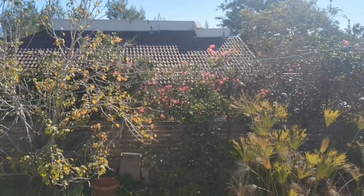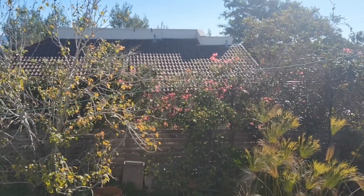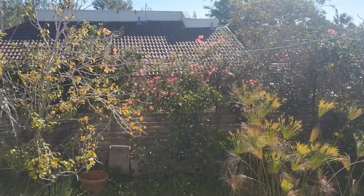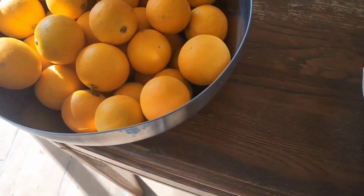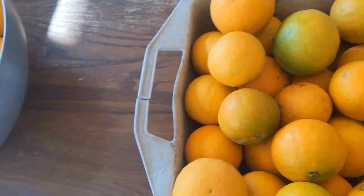What do you see? Do you see any oranges on that tree? Any oranges at all? Any round oranges? Nope, probably not. This is why. I picked them! These are Washington oranges. I don't know, some of them still have a little green, but here's the thing. There were about